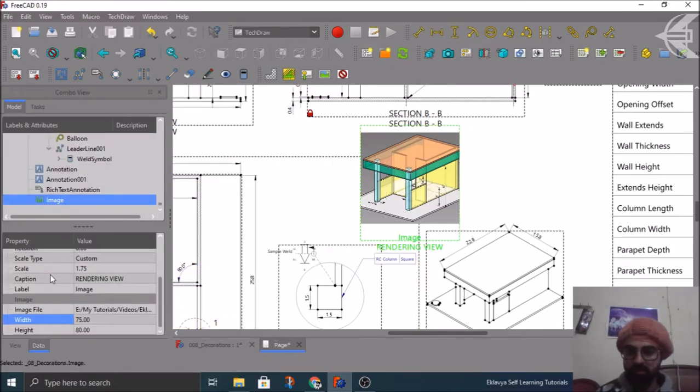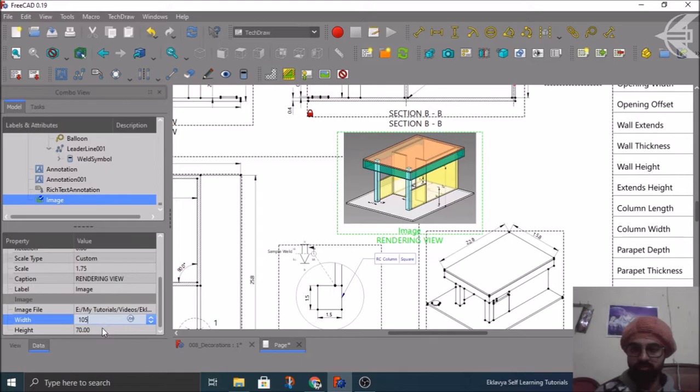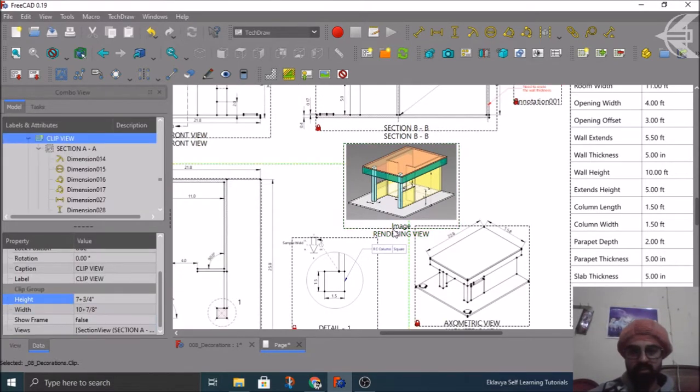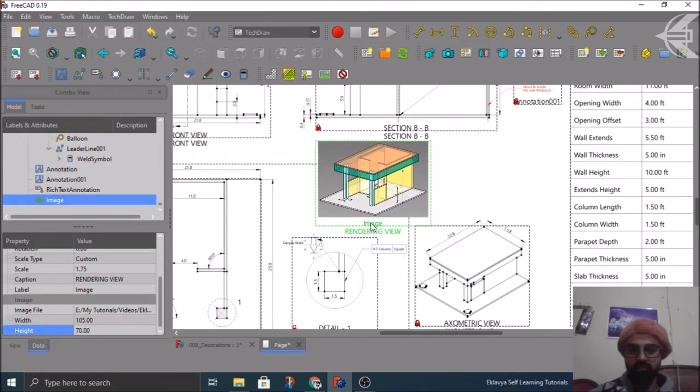The height can be made 70 is okay, and the width needs to be adjusted. I can make it 80 or 100. 110 is fine, or 105 is also fine. Okay, once I am done adjusting my view, then I can simply locate it anywhere in my workspace, and to